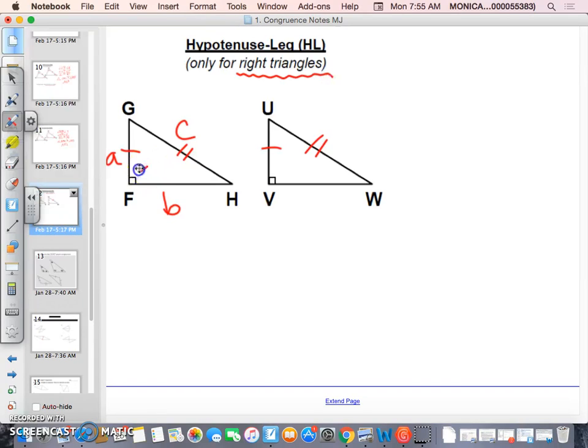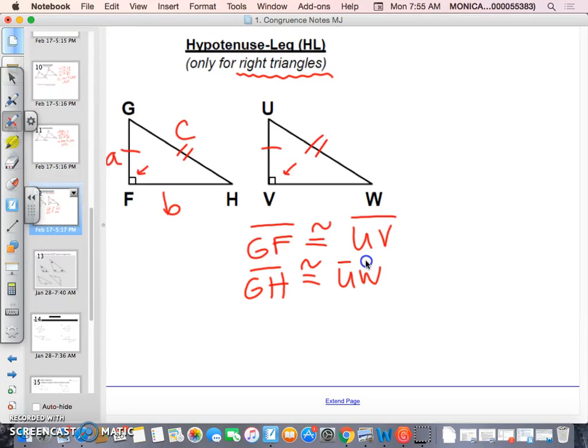And the way you know it's a right triangle is if you look in the corner, you'll see that little symbol that says it is a right triangle. Or there'll be some information spelled out that says these two triangles are right triangles. So all you need are two congruent statements for right triangles. So if I said that side length GF is congruent to UV, and then I know that GH is congruent to UW,